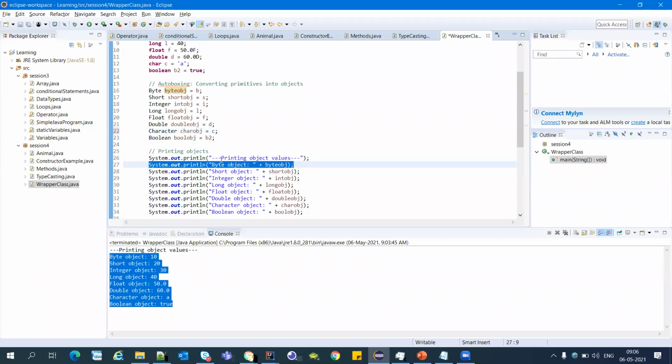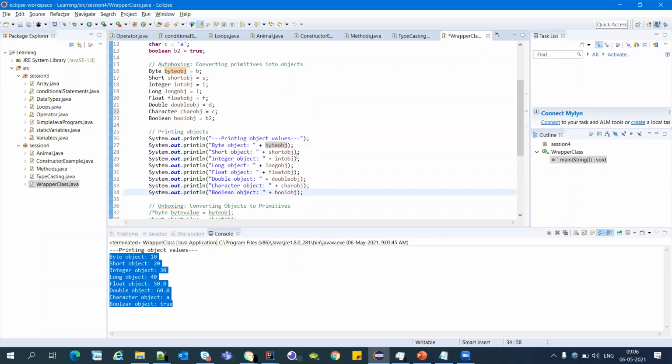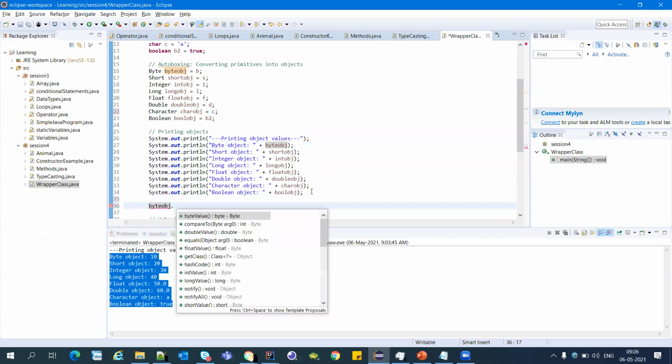No, only the object, the byte object. We can perform different actions based on this object. You can see compareTo: we can pass another byte value, compare, and get the result there. Simple equals, we are getting the equals method, so we can check if it is equally matched. Then if you want to get the integer value of that byte, we can get that here by using the intValue method. Like that, there are multiple methods that can be used. So if you want to use the primitive data type with extra functionality, we can use these wrapper classes.